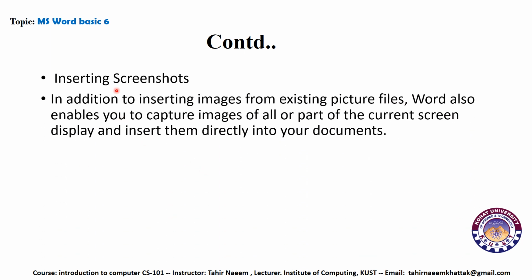Inserting a screenshot. Basically there is another command available in the Illustrations group, which is inserting a screenshot, because nowadays the screenshot is a very useful utility. In addition to inserting an image from an existing picture file, Word can also enable us to capture an image of all or parts of the current screen display and insert it directly into our document.